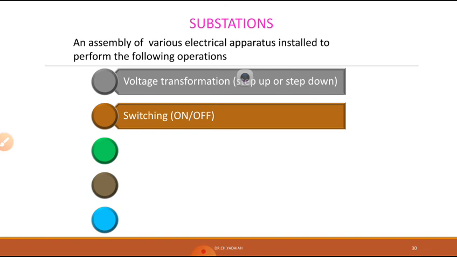Next, the switching substation, where the substation is intended only to switch on and off by using our circuit breakers. Only switching, no conversion of voltage and power. You can observe this type of switching substation along the railway track, where it will operate switching on and off. If you observe from Hyderabad to Kajipet, you may see BB Nagar. Nearby BB Nagar there is a 130 kV substation, and before that there is also a switching station.